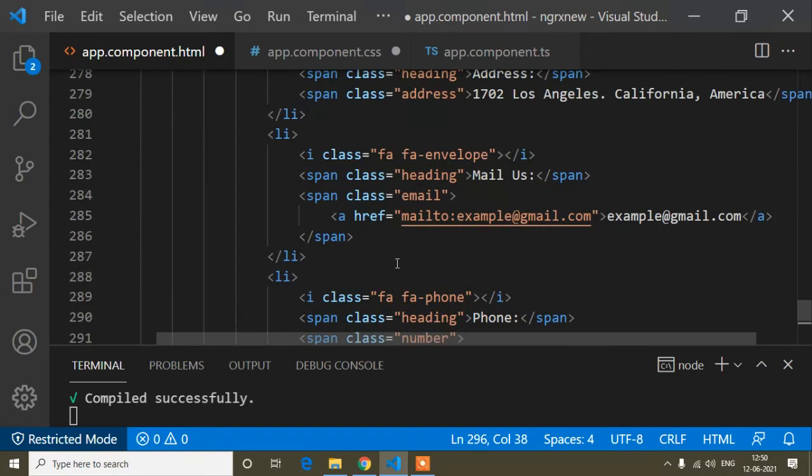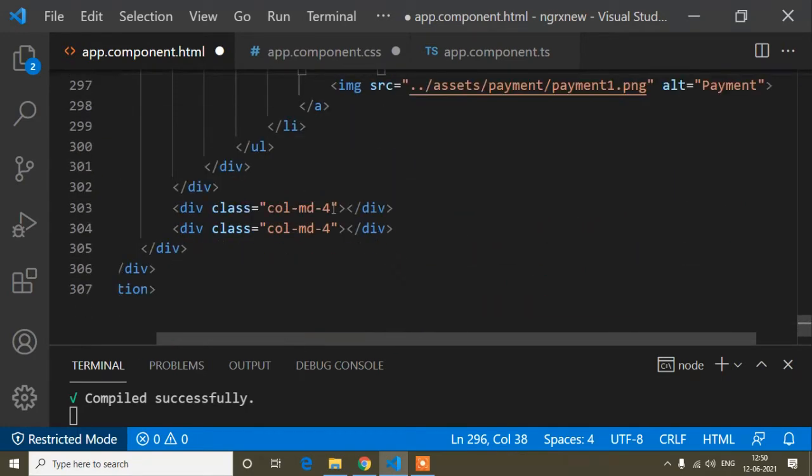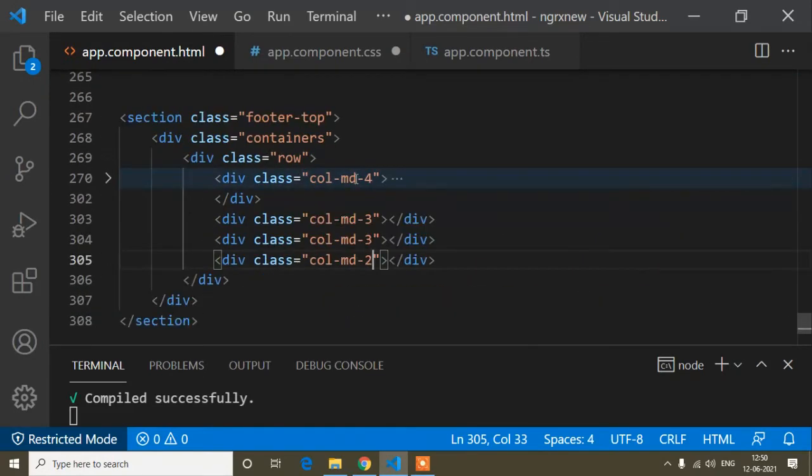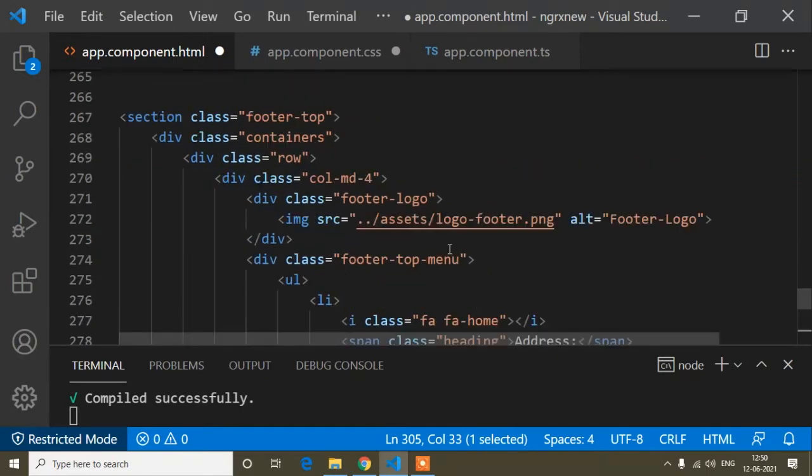So guys, here I have to write the column as 3, because I have to divide it this way, 3, and the other column will be 2, so now it's 12. If I minimize and show again, because I had divided it wrong, so 4 and 3 is 7, and 3 is 10, and now the 2 makes 12. Okay, so this first column is done, and now I will start to write CSS for this first column design.